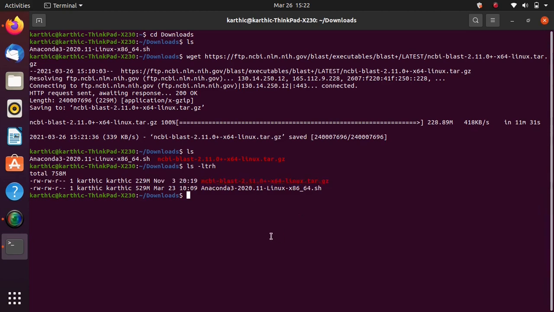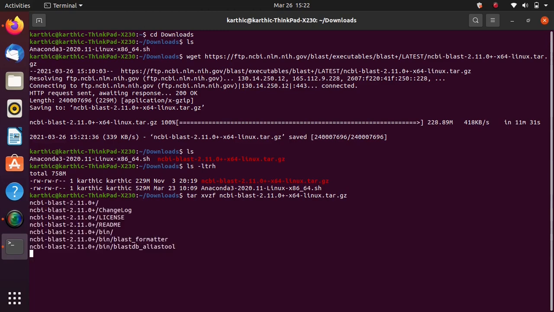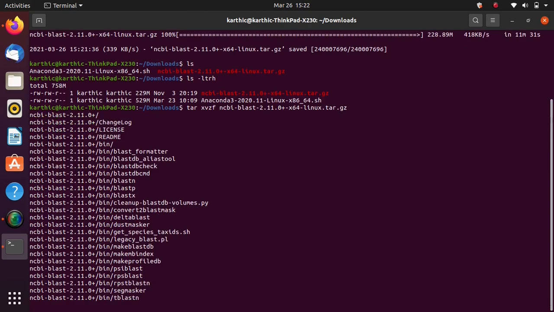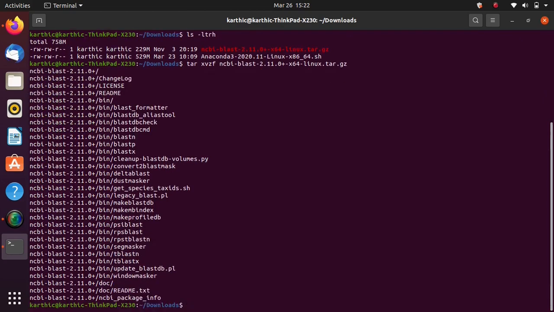Basically, the command to uncompress is tar xvzf and the file name. And then hit enter. So it starts uncompressing. It's done.